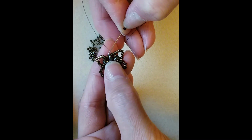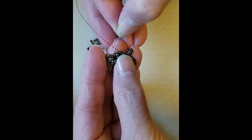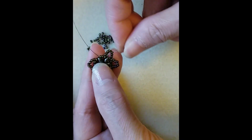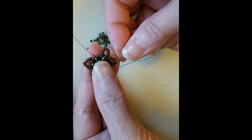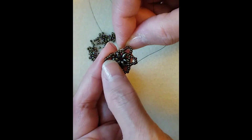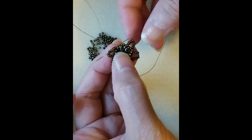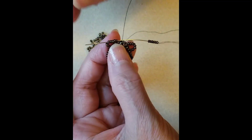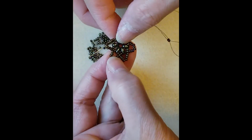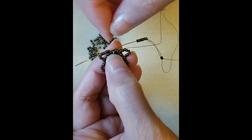So this is the middle here. So it's 1 and 2. We have to stick it here. Okay, and we go out of, okay, we have to count. So we don't count this one, so it's 1, 2, 3, 4, because a while ago we put 8 seed beads in every, what do you call this, segments here. Okay, so